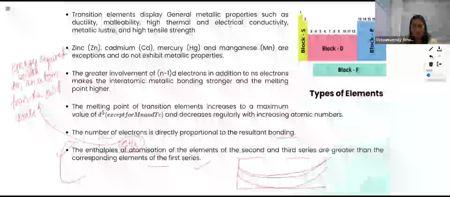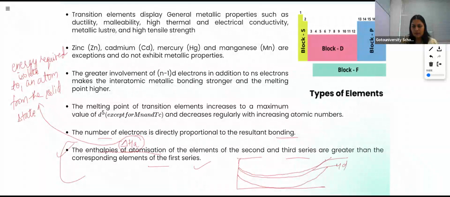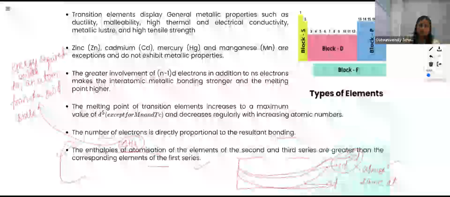For 4d and 5d, we observe very little difference in their enthalpies. Why? Because